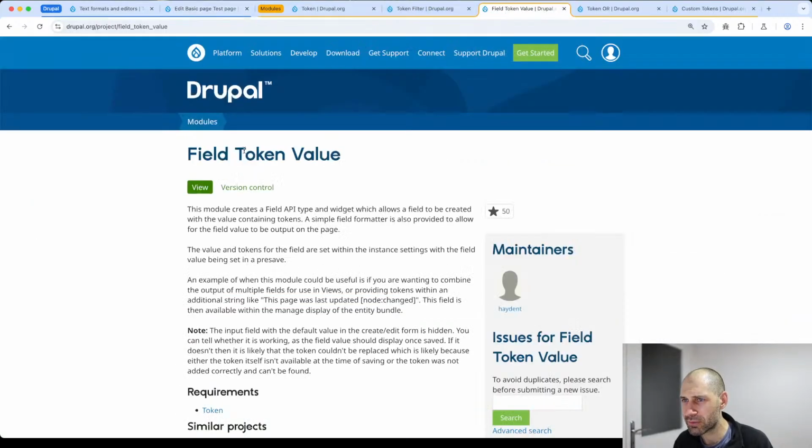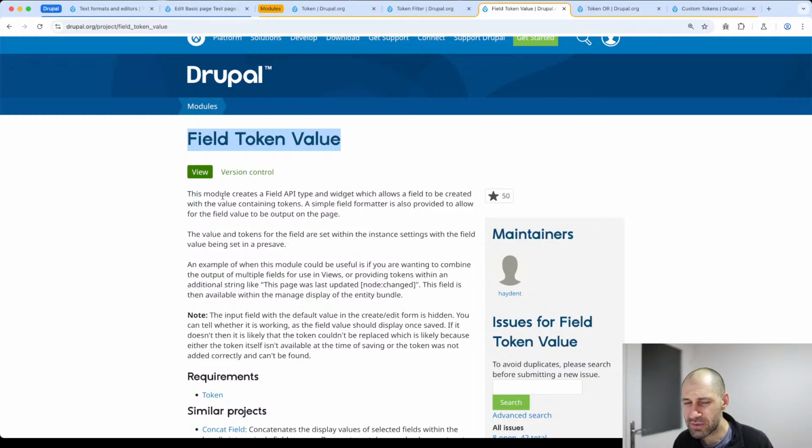Now let's take a look at field token value. This module gives you a field which you can add to any type of fieldable entity, and it allows you to place a token when you configure the field. Now, this is important. You can add in the token when you configure the field. You cannot have on the actual